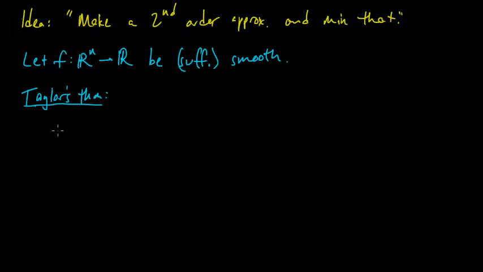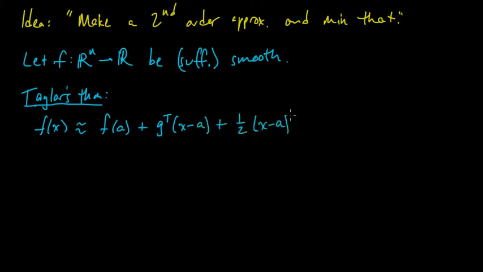If we have some point a, and we want to look at points x which are near a, then f of x is approximately f of a plus the gradient, let me just write g for the gradient, the dot product of the gradient with x minus a, plus 1/2 (x minus a) transpose